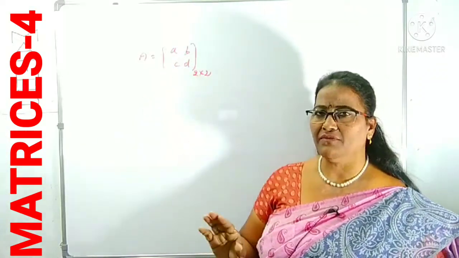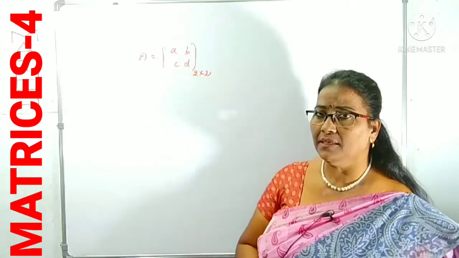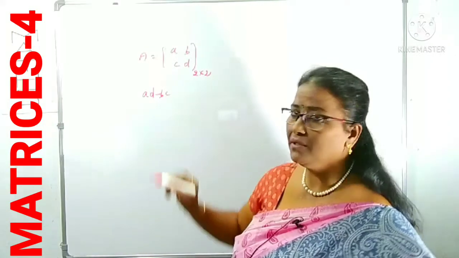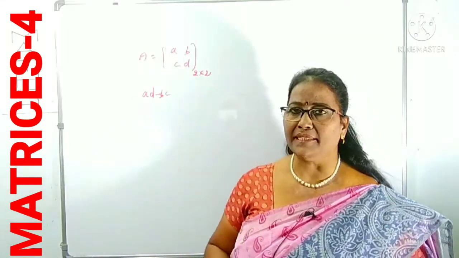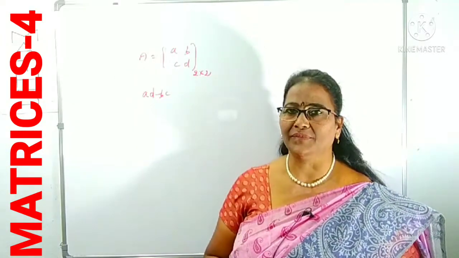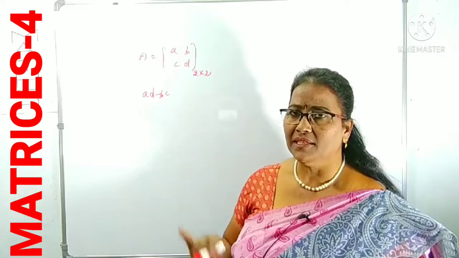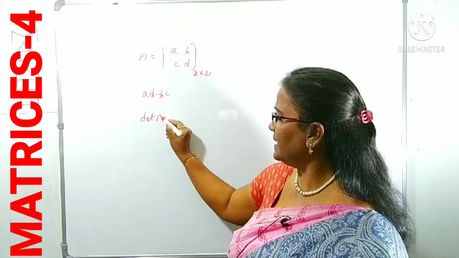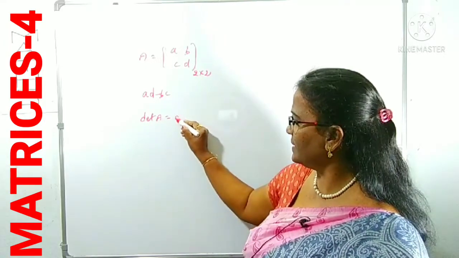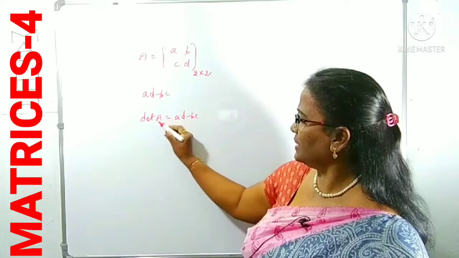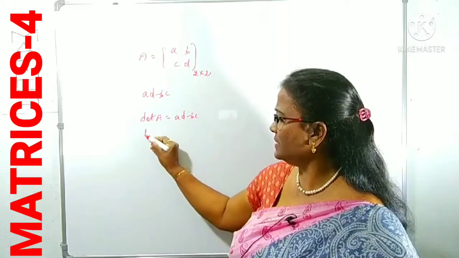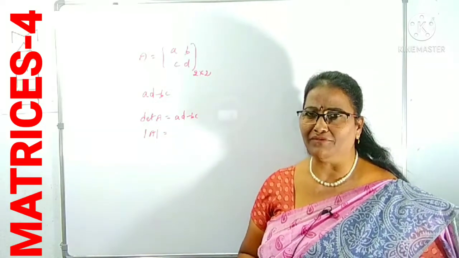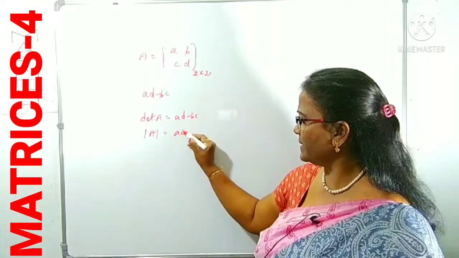If A is any matrix of order 2 by 2 like a, b, c, d, then the value ad minus bc. Which value? The value ad minus bc is nothing but determinant of this matrix. It is denoted by det A, that value is ad minus bc. A is this matrix. Maybe you can use simply vertical lines also. If you use like this, it means determinant of A. That is simply ad minus bc.